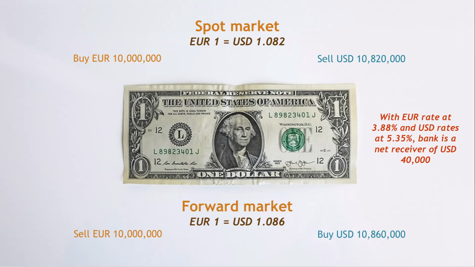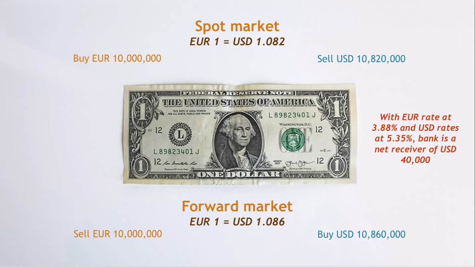Looking at the magnitude of the cash flows seems to contradict this. The euro borrowing seems to have no interest cost associated with it. 10 million euros in, 10 million euros out. But the dollar leg has generated the bank money. Notice that the bank ends up receiving a net amount of 40,000 US dollars. To answer the question as to why this has occurred, we need to go back to the theory of forward FX rates. Here are the rates again. Spot is trading at just over $1.08 per euro,